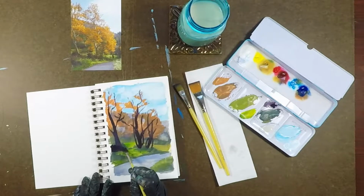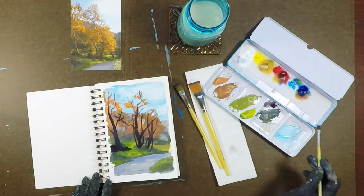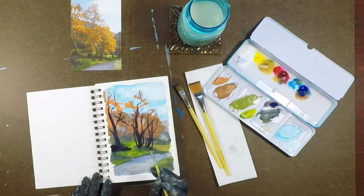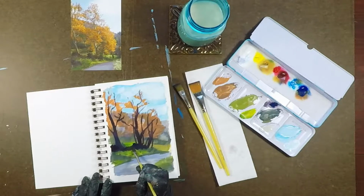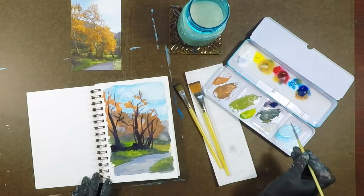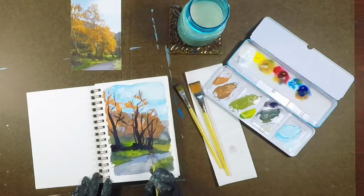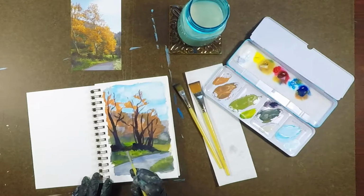And I'm going to use this to do that shadow at the base of the trees. It's pretty much the same color, the same value at least, and it kind of connects all the trees by being in that same little hill with the shadow there, which I do like for compositional reasons. It looks really good that way. All right,